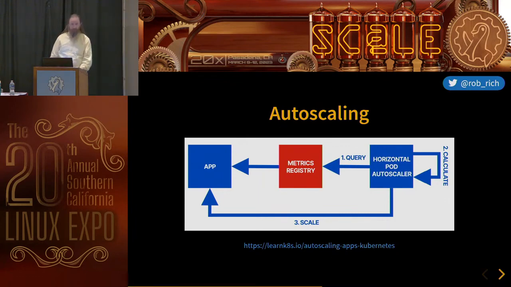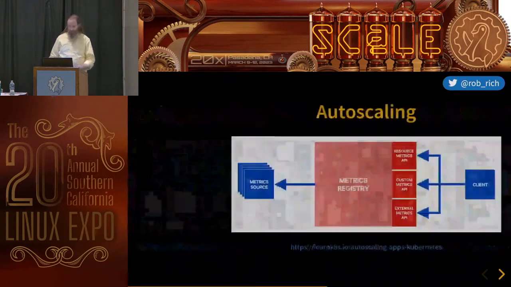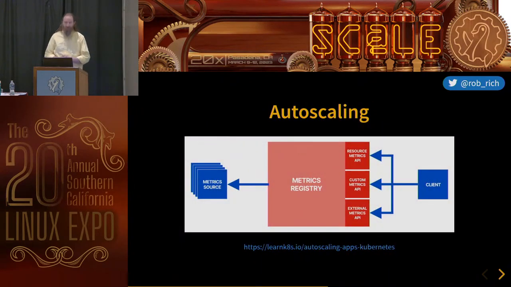It actually queries the metrics server, and the metrics server is actually a metrics API that has 3 pieces. The first piece is the internal metrics, where it measures CPU and memory, but we could also plug in custom metrics, and we could plug in external metrics. Custom metrics are where we're looking at other pieces within our pods, and external metrics are where we're looking at things external to our workload. Perhaps we're looking at queue length, or number of incoming requests, or time of day.